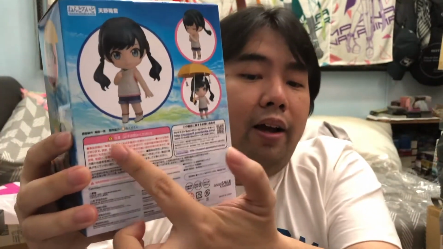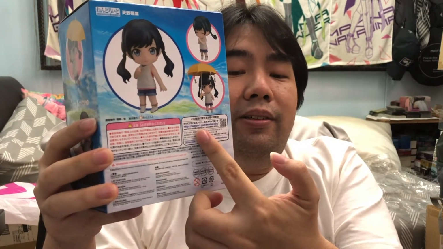tiny versions of themselves. So yeah, sadly to say, I didn't get these off Good Smile's official online store because they came with bonuses for both of them. So I guess I missed out on the bonuses for both of them, but that's okay, I guess. Although they did come with pretty cute stuff, like Hina came with the umbrella. So yeah,